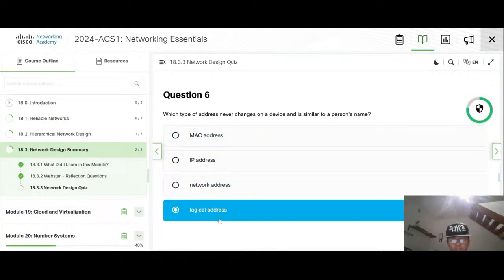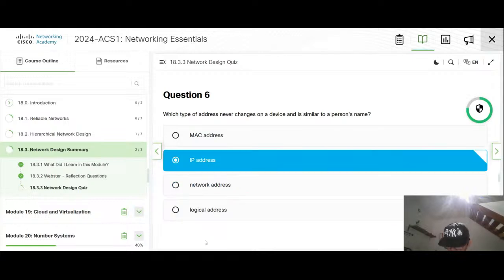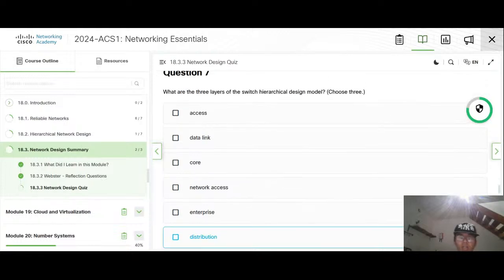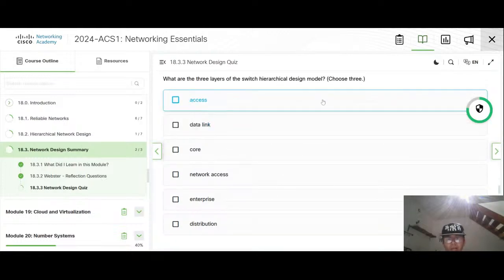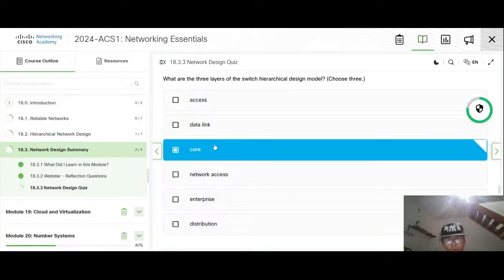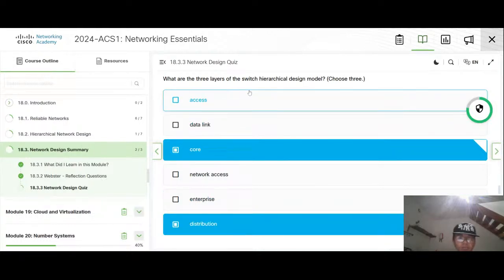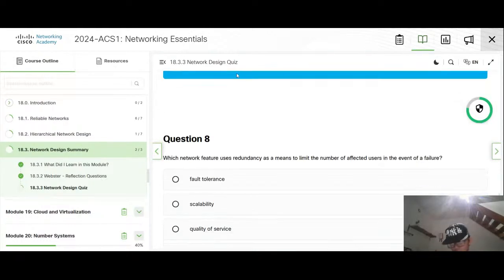Name is IP trust. Hierarchical design model is core, distribution, access. I don't know. I don't really learn this.